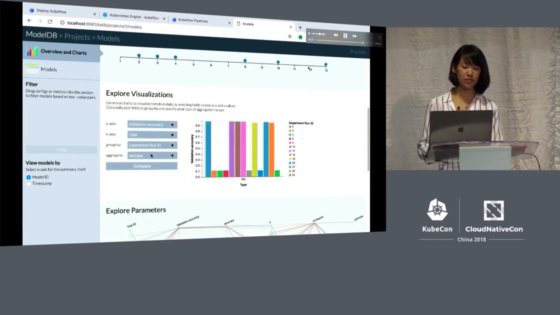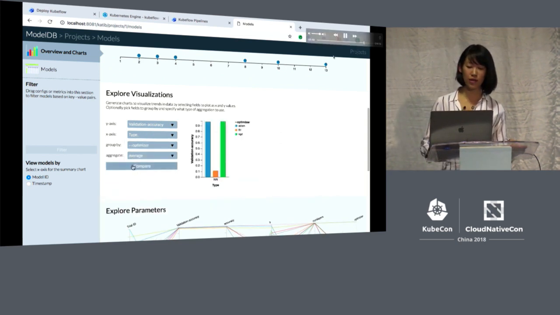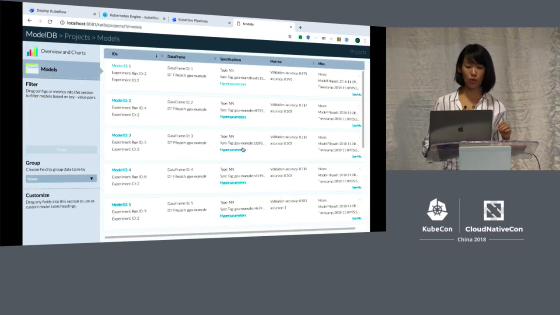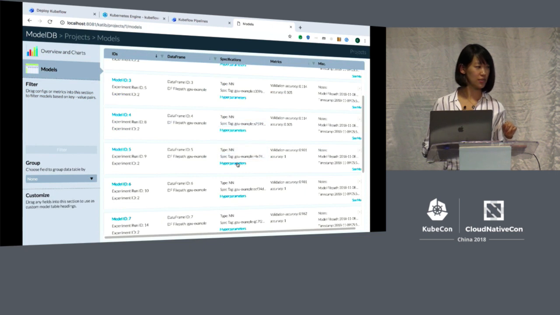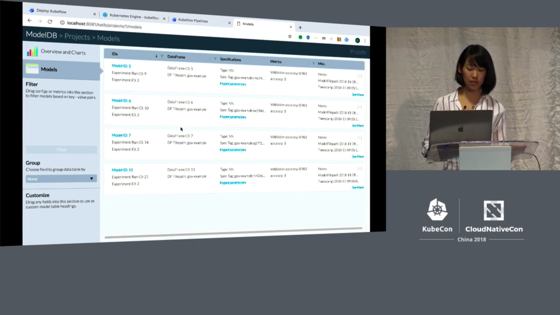So the first thing we try to do is a group by on the different optimizers, and we want to see their average validation accuracy. As I mentioned, we're looking at 3 different optimizers, and from this graph, we could tell immediately that one optimizer was the trouble. So we could select either the Adam optimizer or the SGD optimizer. And furthermore, we want to drill down a little more. So let's say we only filter on the runs that use SGD as the optimizer. And then from the ModelDB UI,